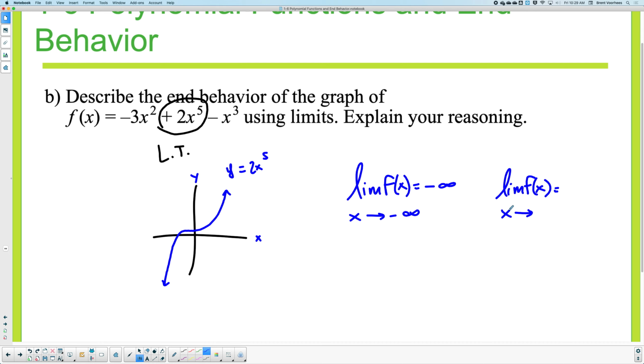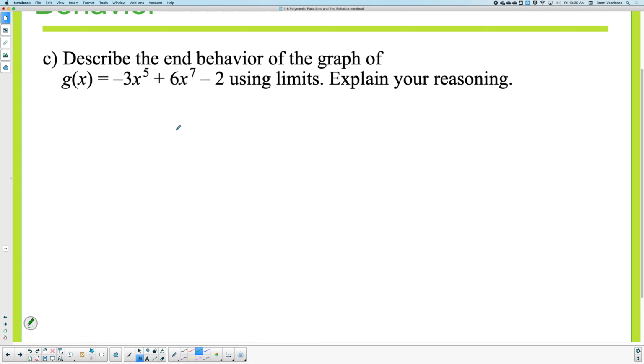All right, C. Describe the end behavior of this one. One more time, we have to determine what our leading term is. 6x to the 7th. Good. When I say leading term, what are you actually looking for? The highest power. Yeah, so if we did a quick sketch, 6x to the 7th, what would that do? It's an odd power, which means like a U or like an S curve? S curve, and it's positive, so